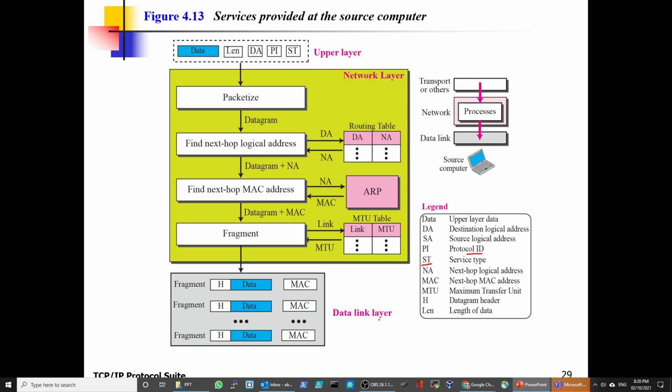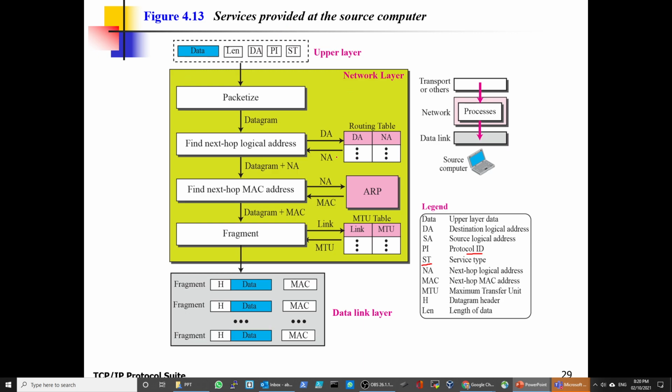Then it goes to the data link layer. So what will happen in the data link layer? Very nice, very sequential, it's like music. Myself, when I look at the logic, I feel like I'm listening to Beethoven. It's a very nice logical thing. Things go step by step, it goes smoothly, right?